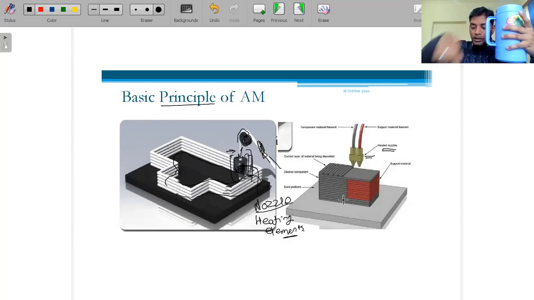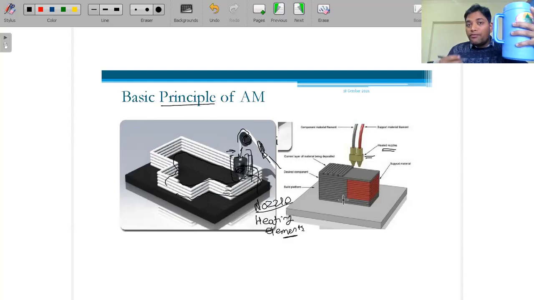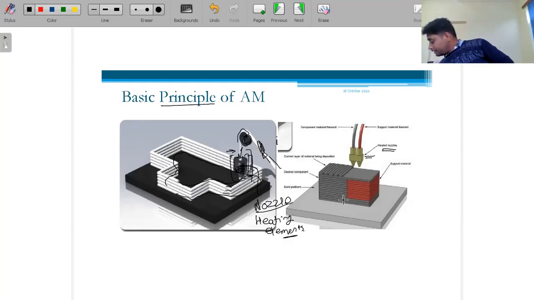When this nozzle moves in this direction, where will the material be deposited? Whatever material is coming out should be fused immediately. Fused means the liquid material coming out of this nozzle should immediately become solid or semi-solid. Otherwise it will fall, because there is nothing provided at the bottom. So we use supporting materials.